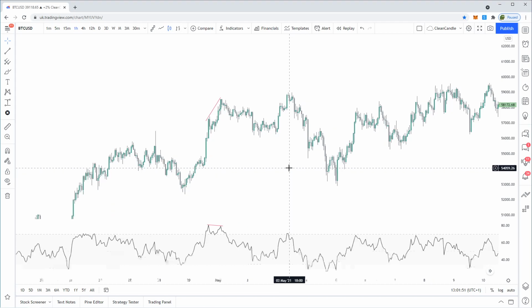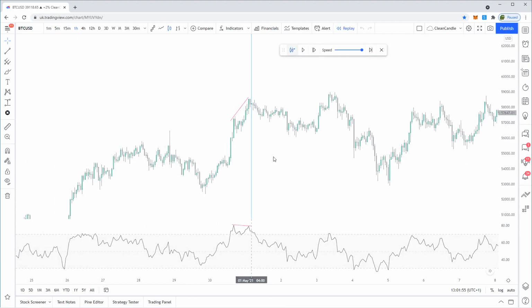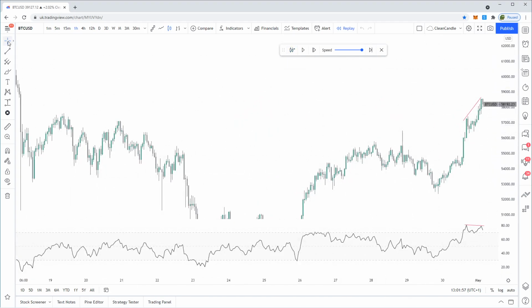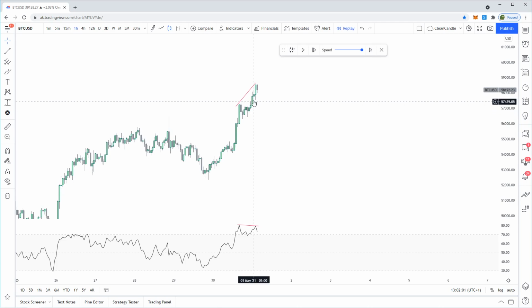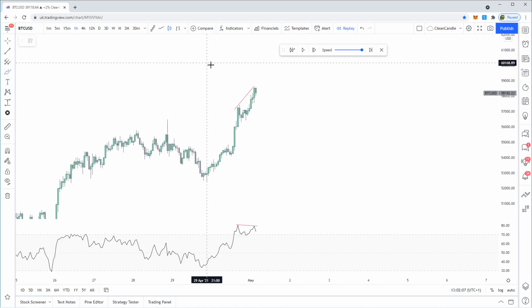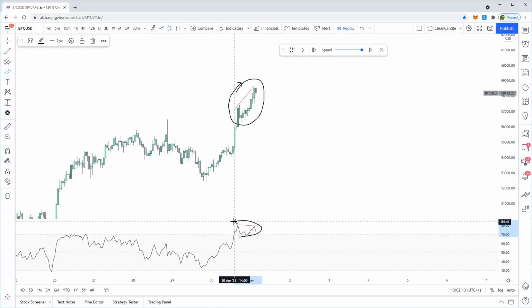in the RSI. Now, what's important about this particular region, let me just hide everything else for now so we can keep this nice and clean here. What's important about this region here is two things. Number one is the number of candles taken to form this divergence. So what we need is that the length of time between our first high and our second high does not